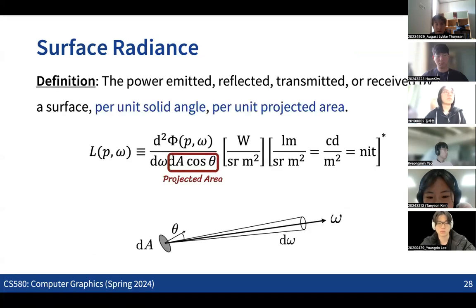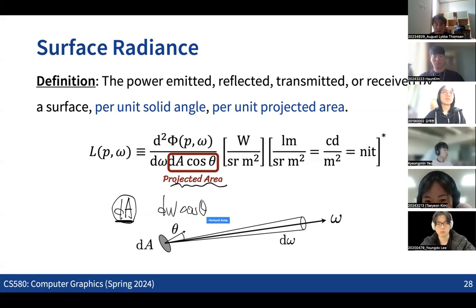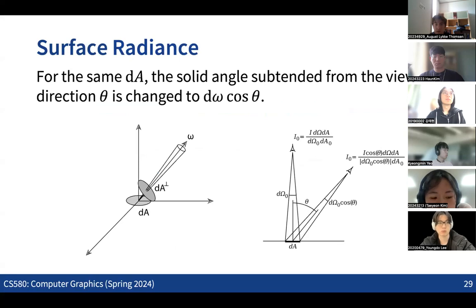So there is a different way to interpret this. Actually, in my understanding, the projected area is the same: we are having the same dA, the same differential of the area, while adjusting the solid angle for each of the directions. So what we can see here is that if we have some slanted angle here while we are fixing the differential of the area,